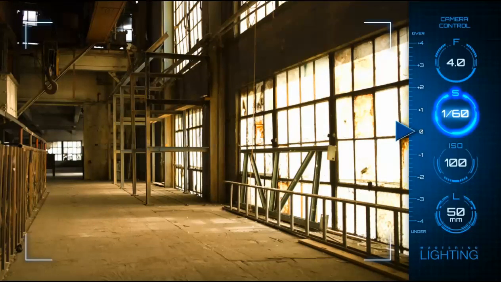Personally, I like to balance my frame, and since the windows are dominating the right half, I'm going to fit her snug